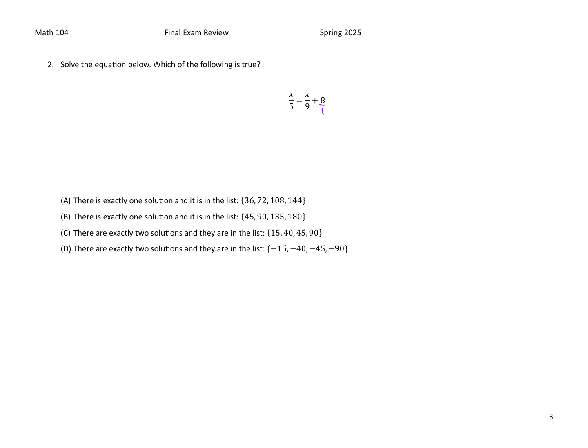would be 45. Okay, so I'm going to multiply the left side by 45 and multiply the right side by 45. So 45 times x over 5 is 9x because the 45 over 5 reduces to 9. So we have 9x equals. And then on the right side, I'm going to distribute my 45 to each of the two fractions. So 45 times x over 9, well, the 45 over 9 is going to reduce to a 5, so that's